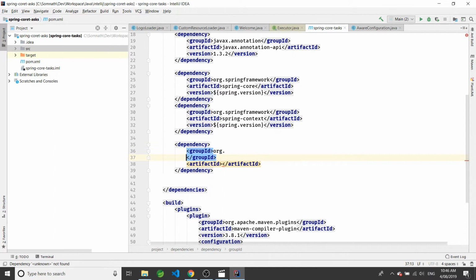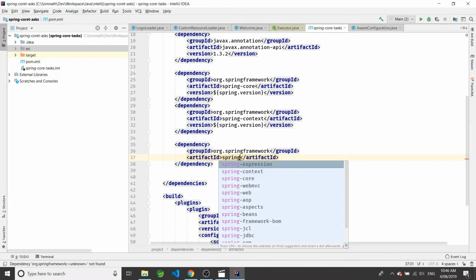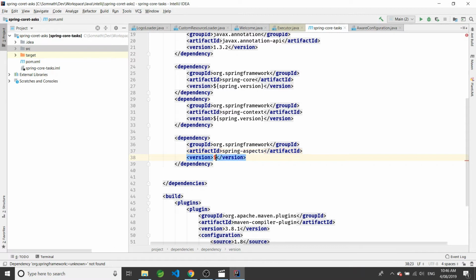So I'm adding org.springframework as our group ID and artifact ID as spring-aspects, and version will be our same old version.